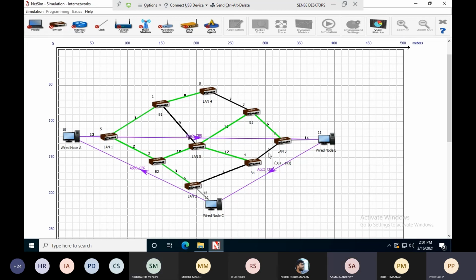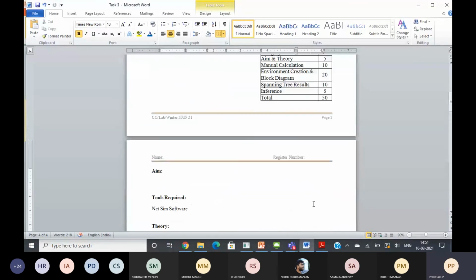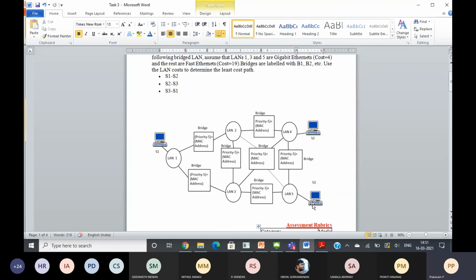Sir, for bridges and LAN priority, we have assigned, right, sir? You will be given that in the problem. For example, in the task here, the priority is given as 5, 5, 5, 1, 5, 5, 5 for all the bridges. We will give the priorities.